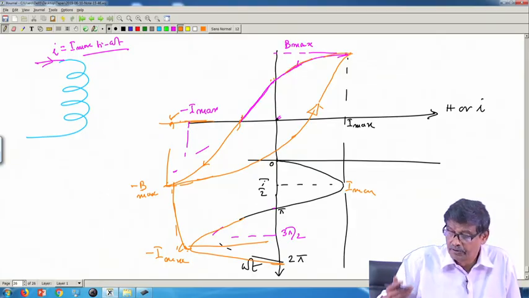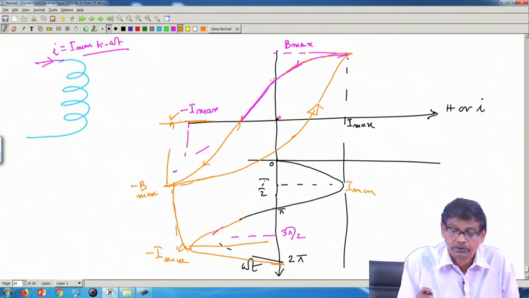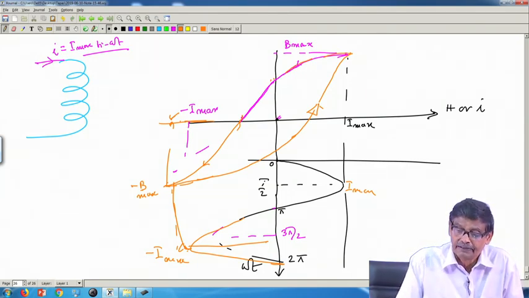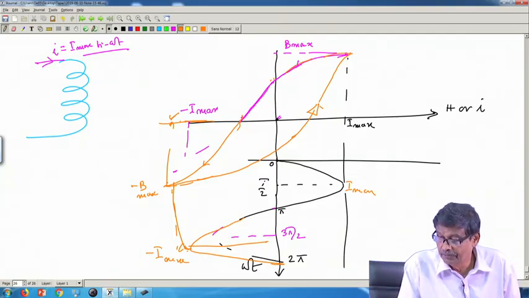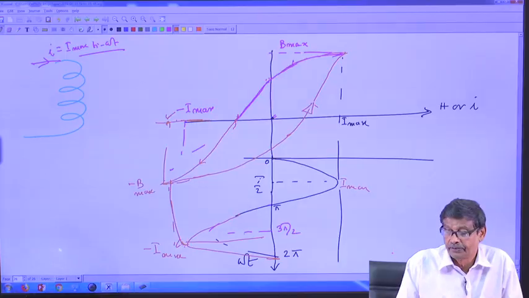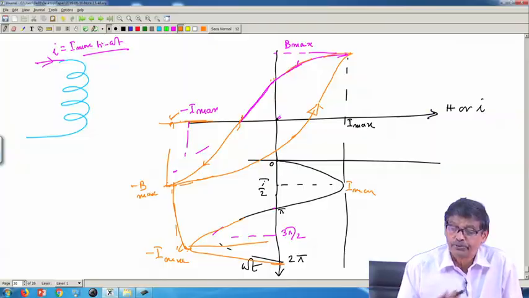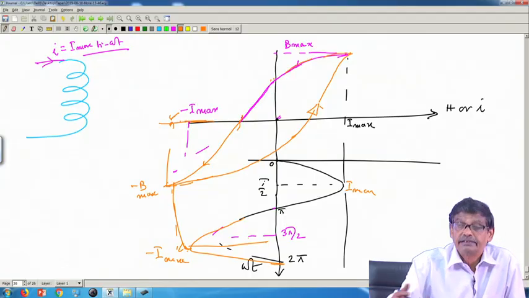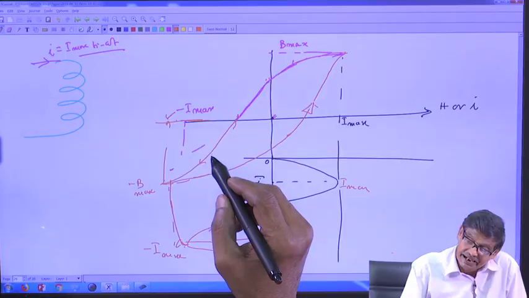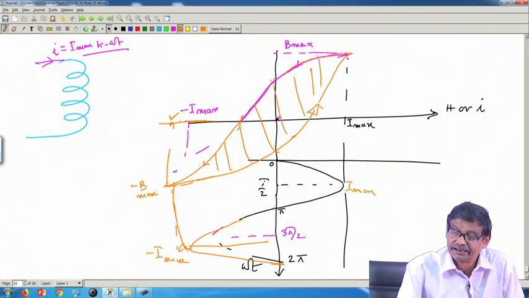So, we will continue with this because it will take some more time, but I will request you to try to go through this lecture, hysteresis thing a little bit carefully, particularly drawing this curve nicely. You will be perhaps drawing it much better, and we will next time show that the hysteresis loss per unit volume is nothing but the area enclosed by the path. That we will show,